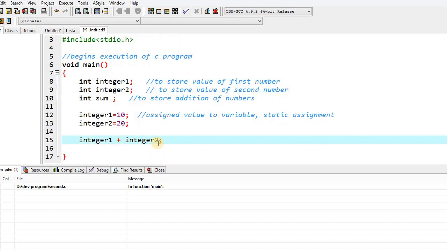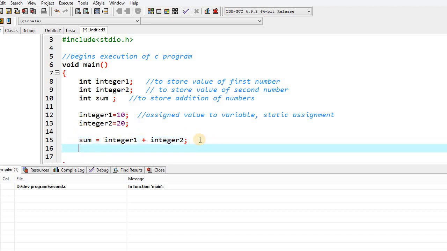Okay. So over here we have added integer1 with integer2, but its summation needs to be assigned to some variable. So this is our sum variable. So what will happen is that integer1 plus integer2, that is 10 plus 20, and the summation is 30, and this 30 will be assigned to the variable sum.